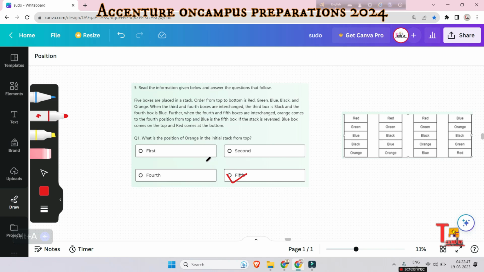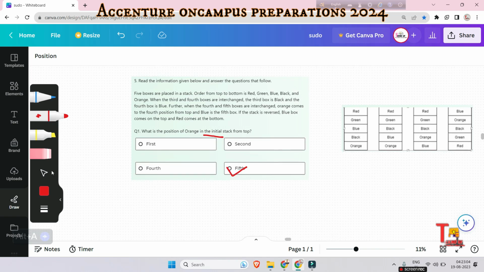For this question. But if the question asked about the second position, I mean the second box, at the second arrangement or the third arrangement, then we have to determine these, right? So at first read the question so that it can reduce the time, right? So the next question is,